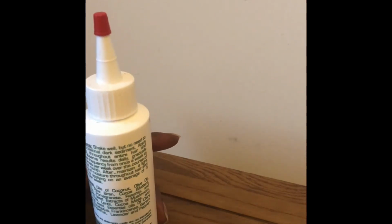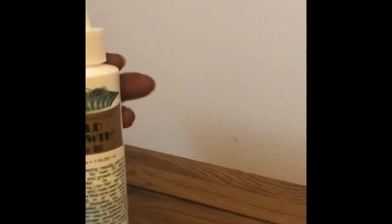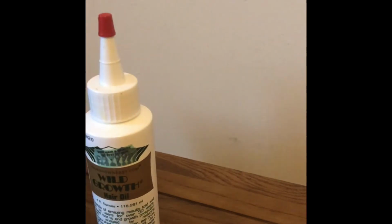I think early on, yes, you smell it a lot more, but then you tend to get used to it and then it's not so bad. So there's a process of getting used to the smell, and then it doesn't bother you too much. And then in terms of effectiveness, I think it did help my hair to grow back. I was using other things as well which helped the hair to grow, and this is where you kind of ask yourself,